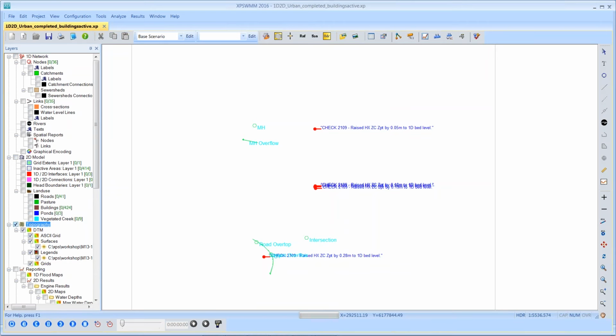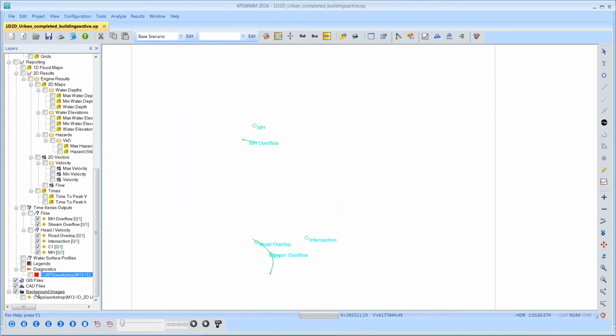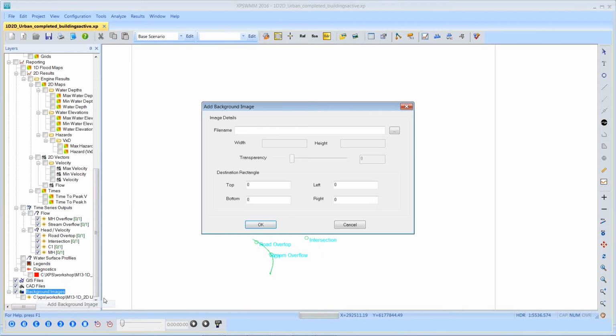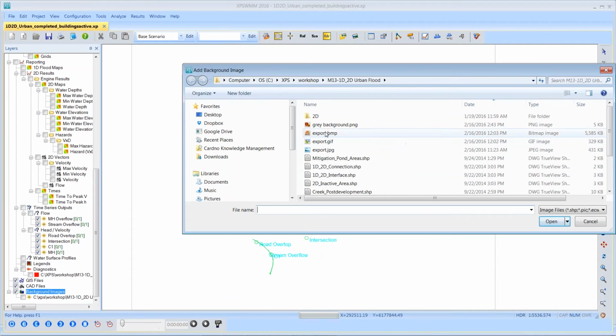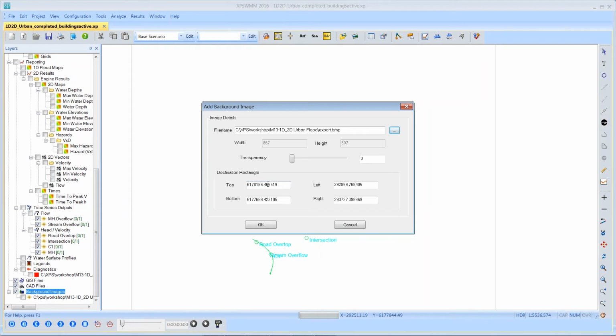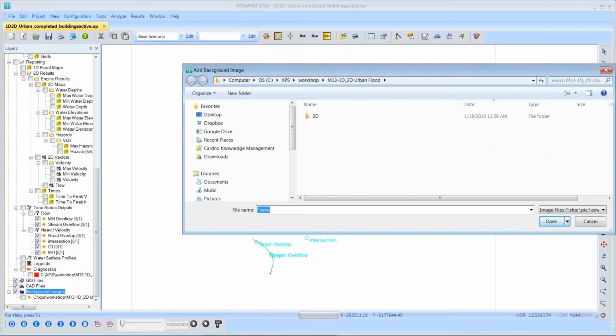Perhaps the messages as well, the diagnostic messages. Now if I load the graphic that I've just exported as a background image, I can choose this bitmap and I can open that. It automatically filled in top, left, bottom, right because of the presence of the world file. So for example, there will be accompanied with the bitmap export a BPW. There's the world file that I had mentioned,